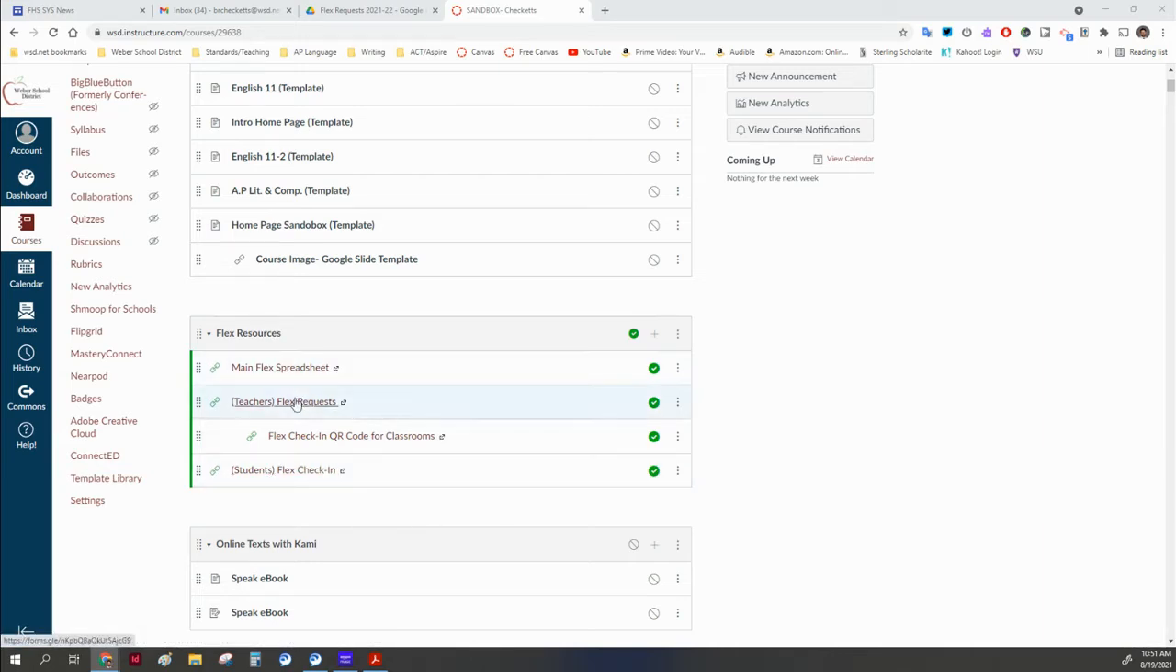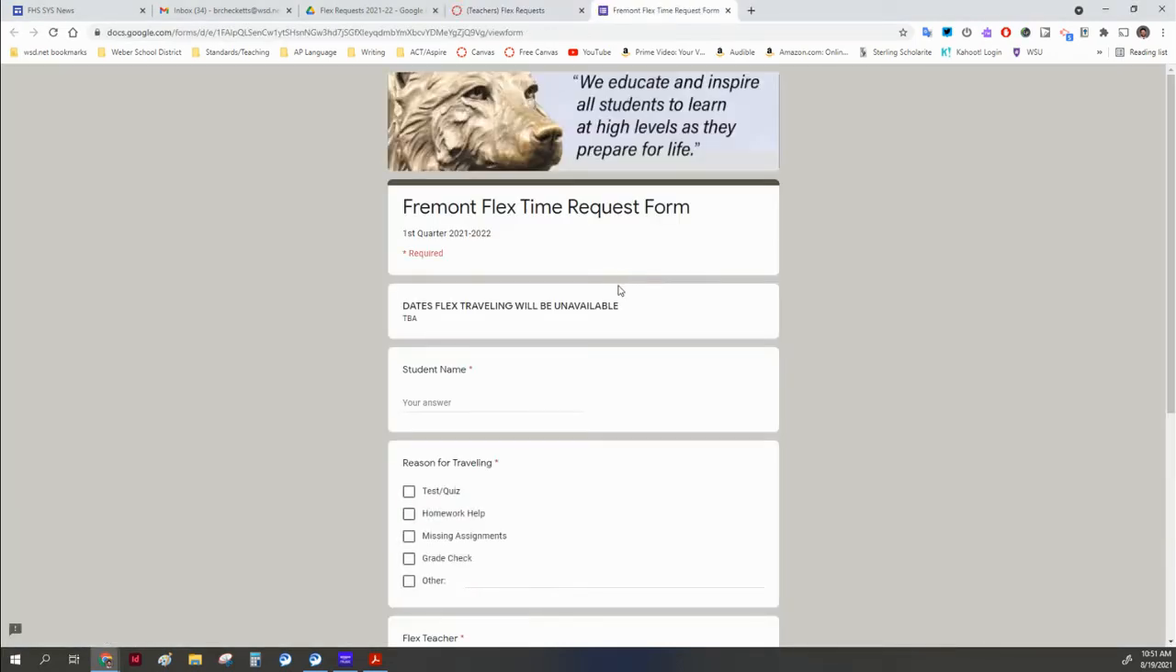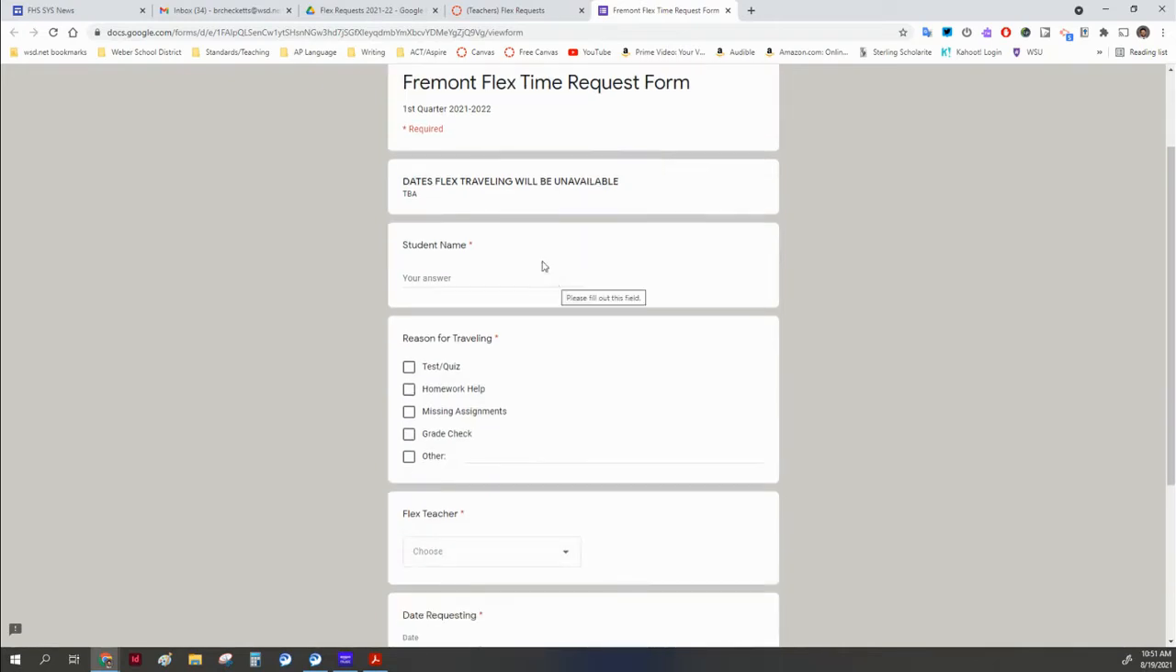But the first thing I want to make sure that I go over is this Google form for Flex requests. This is the basic thing. It's pretty straightforward. You open this up and you're just going to fill out the information that it asks for. Note that you're going to have first quarter dates, second quarter dates, that'll change. And then when Flex is going to be unavailable, if there's an assembly or a fire drill or something like that, those will be input in there for each quarter. So we first want to put in